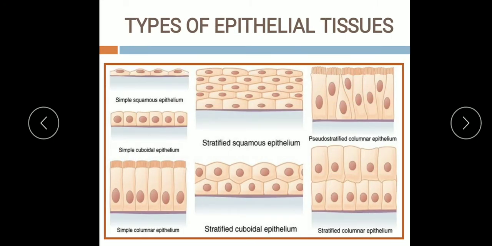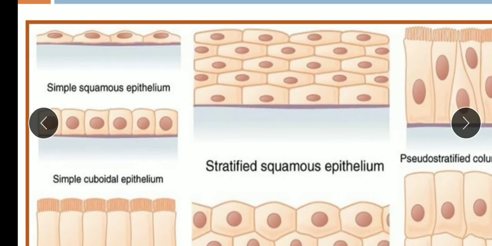Now, types of epithelial tissue. It is basically on the basis of the shape of the cells, their position, and the layers formed by them. So basically you have 5 types of tissues in your syllabus, like the simple squamous epithelium. First I shall discuss the shape, so you can differentiate between them. First, the squamous epithelium.